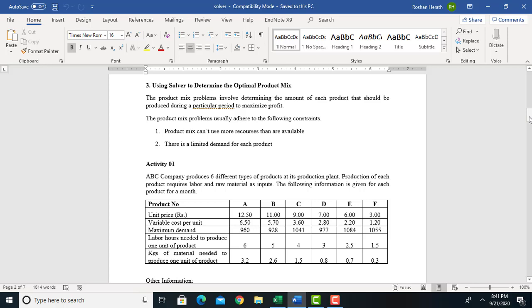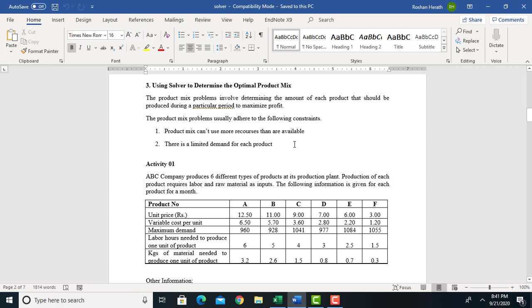So let me straight away start with the first application, determining the optimal product mix. The product mix problem involves determining the amount of each product that should be produced during a particular period to maximize profit. As I explained earlier,